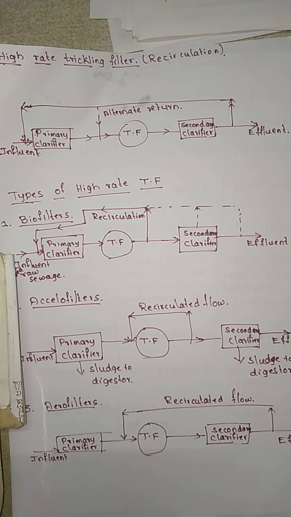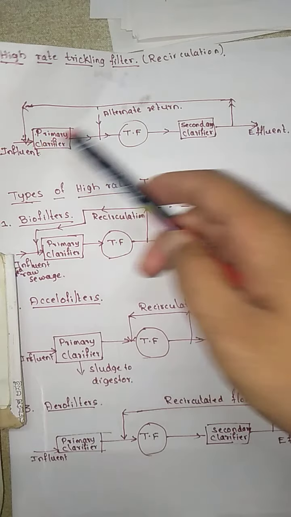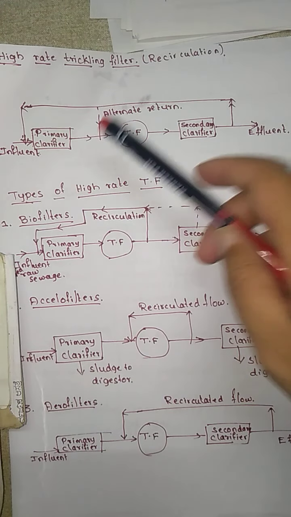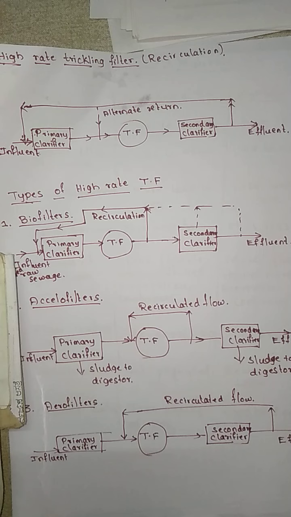In some cases, in order to obtain better efficiency, two cycles of recirculation may be adopted. Here, this is one set of a cycle. Again to this, we may add one more recirculation, which we call a two stage recirculation method. Now, why are we going to have the recirculation? It is because of some reasons, which we are going to see now.